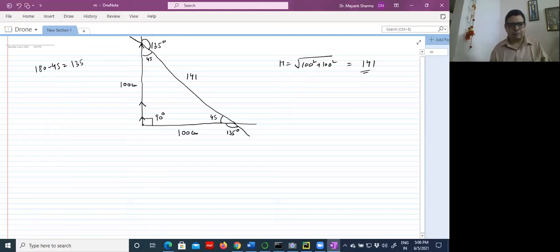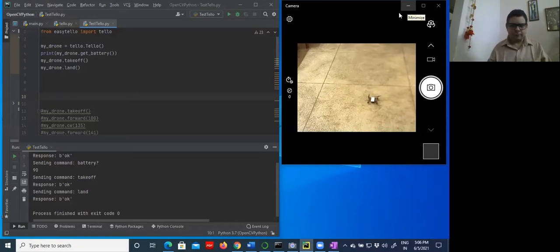So what I will do, I will start the drone from some position. From this starting position, I will take it forward for 100 centimeter. Then I will take it along the hypotenuse for 141 centimeter, and then again turn 135 degree. I will make it turn 135 degree towards the original point, and it will again move 100 centimeter, then it will land. So this is the complete plan. So how will you execute this particular plan? Let us see in our programming environment.